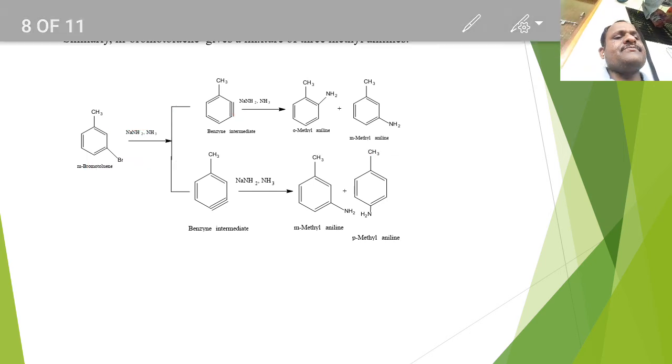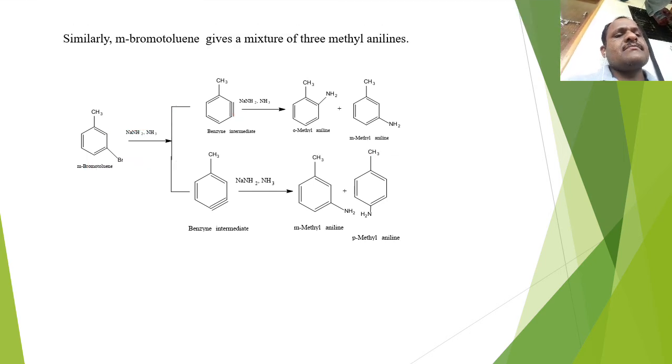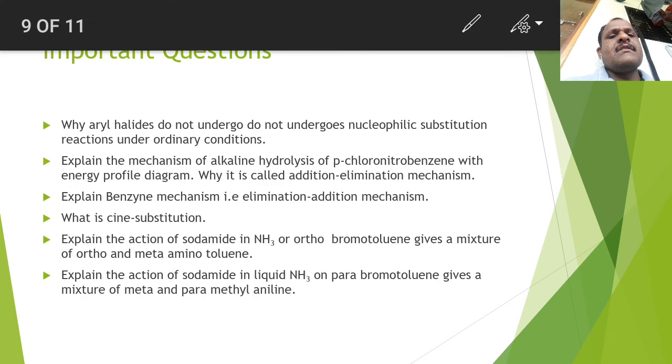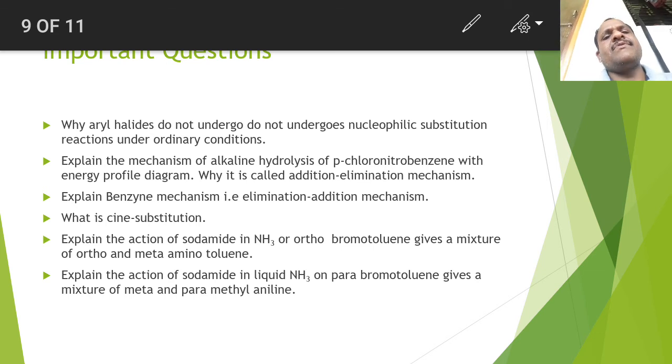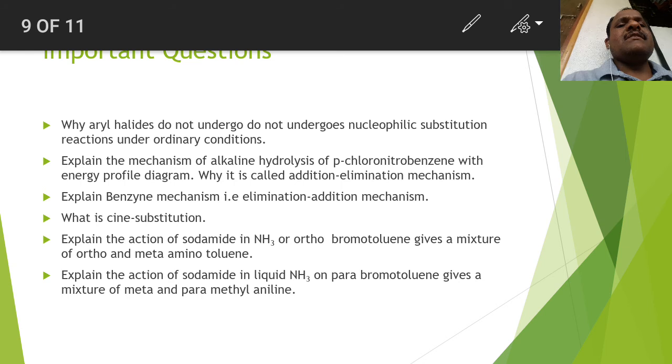Okay. Now this is the only thing that you have to remember. In this chapter we saw, first, the important thing, that is nucleophilic substitution reaction in aryl halides. It is very difficult to occur, but due to some harsh conditions, the reaction can be possible. So we saw two important reactions. One is called the elimination-addition mechanism pathway, and the second one is the addition-elimination pathway. In the elimination-addition mechanism pathway, there is benzyne intermediate formation, where cine substitution can occur.